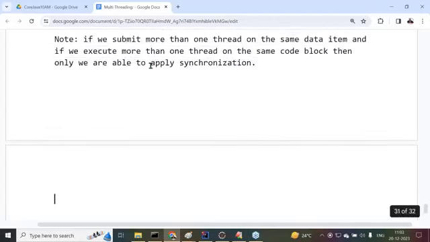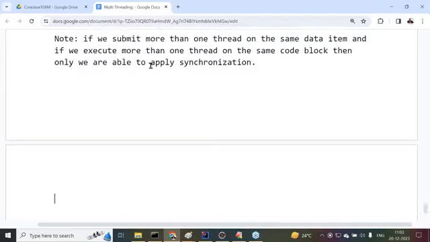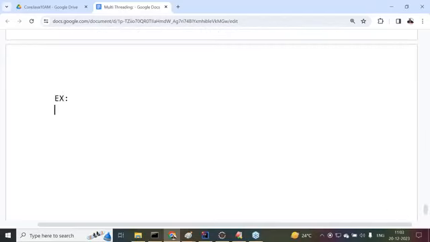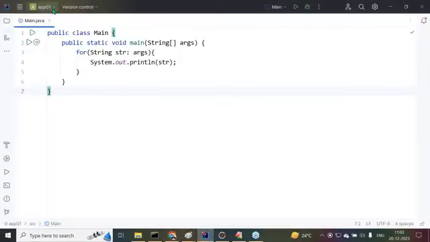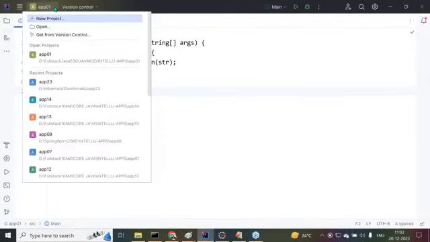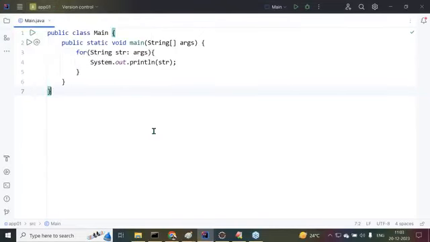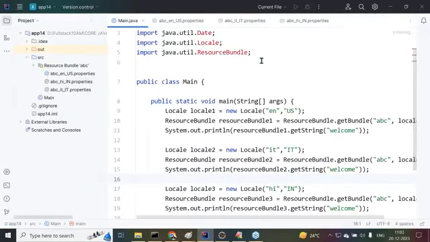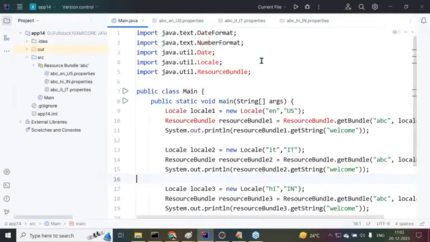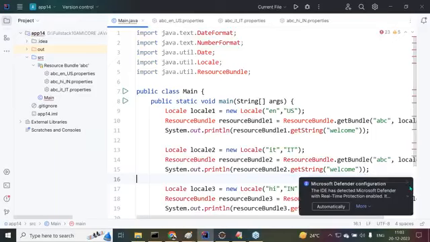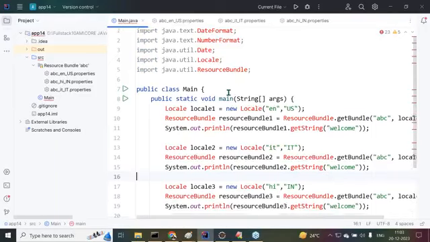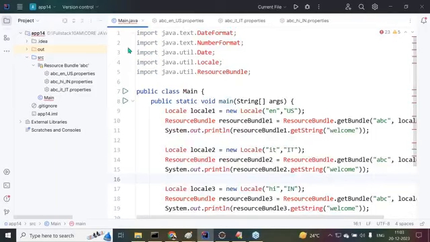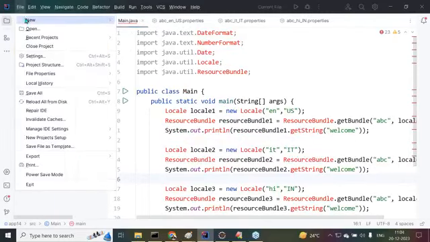Now I want to show an example on the basis of synchronization. Try to understand it. With a simple code we are going to understand synchronization. Observe carefully. I want to create a completely new project.